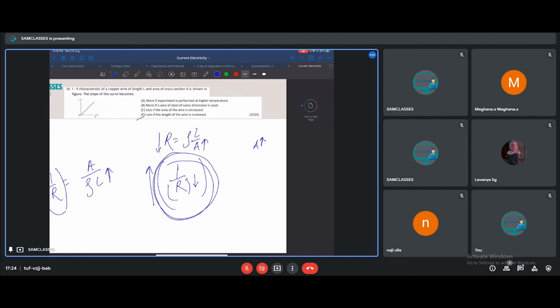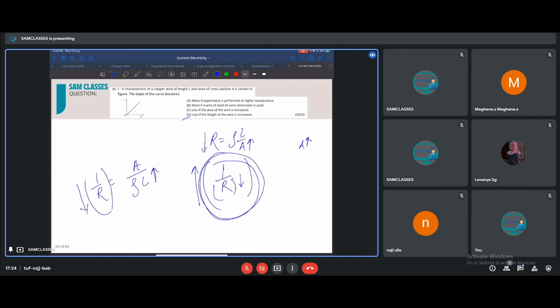Now, next question. That's it for the current part. We're done with the current chapter. We'll take a half an hour break and we'll come back with moving charges. After that, we'll do AC. Then we'll go for modern physics, 3 chapters, and ray optics, wave optics, semiconductors. That's it. At 6, or we can start at 6:30. You can keep it. Take a big break because after that, we can go for a bit longer class.